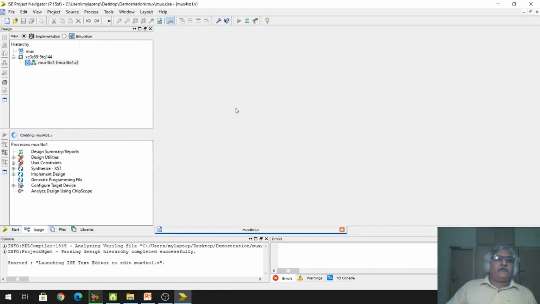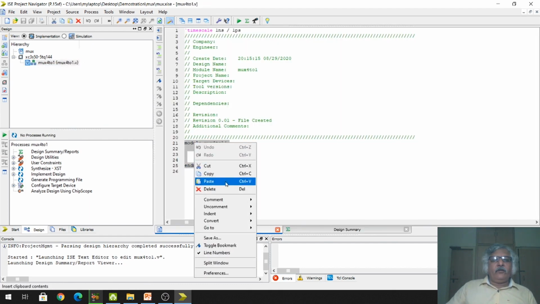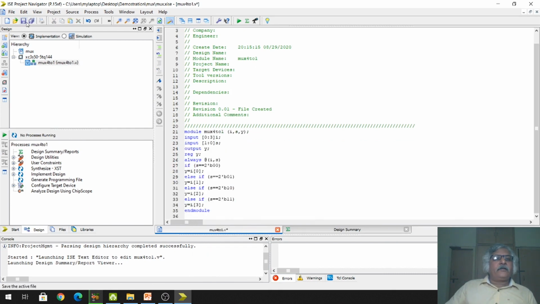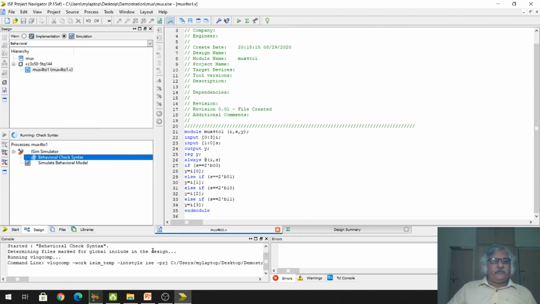Right. Here I will paste that code. Right, now I will save this and I will select the simulation. Then I will select this Verilog file. Then here I will check the syntax. Okay, syntax is okay. Now I will create the test bench.